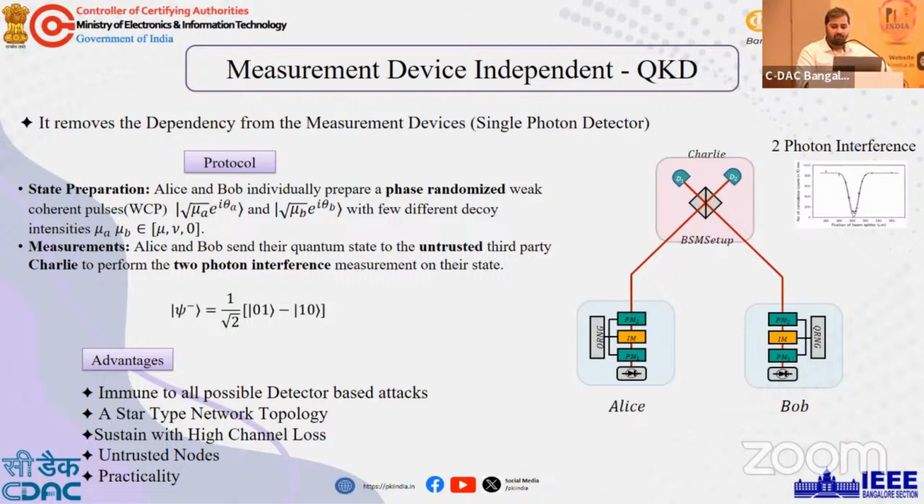More than two stations can use a single central station for performing this QKD. It also sustains higher channel losses because of this two photon interference. And as I said, this central station is actually an untrusted node. Even if Eve has all the control over this station, detection at any of the detectors will not give any useful information to Eve, or leak any information about our secret keys, and it is a highly practical